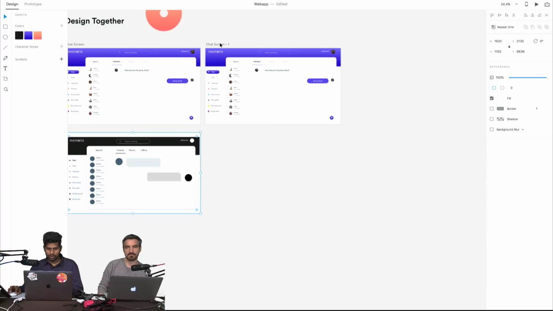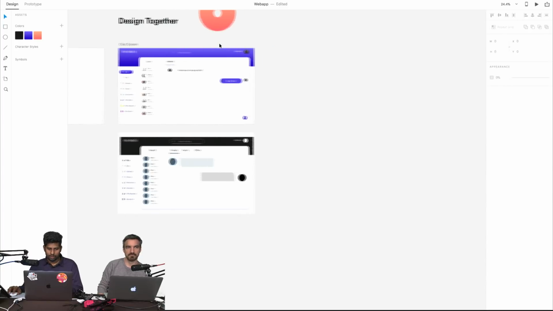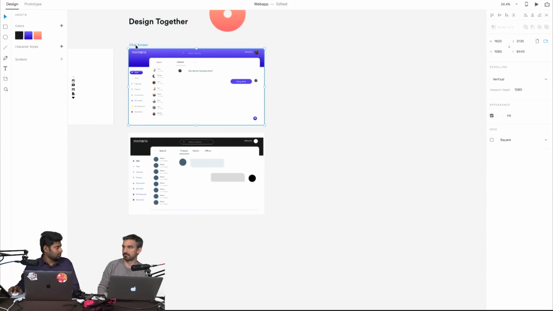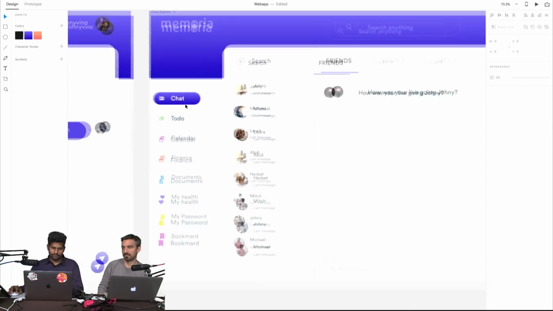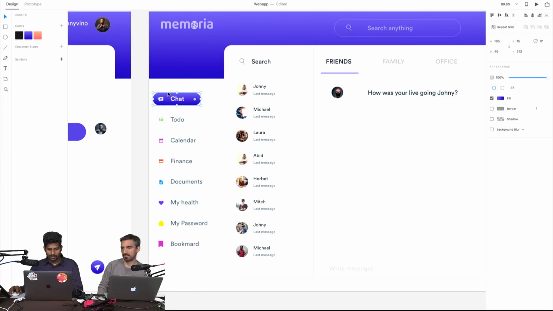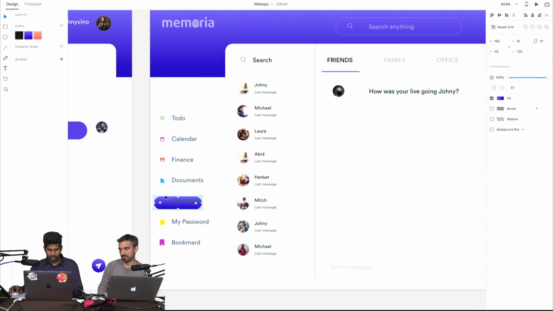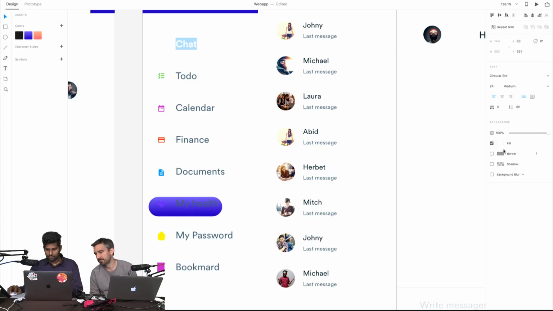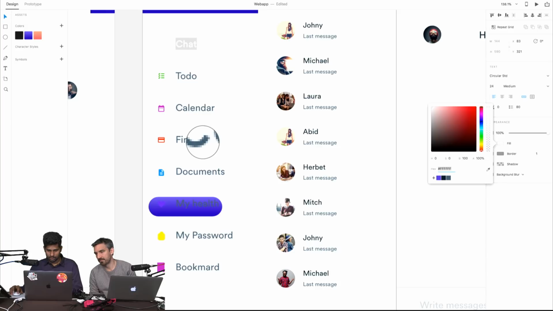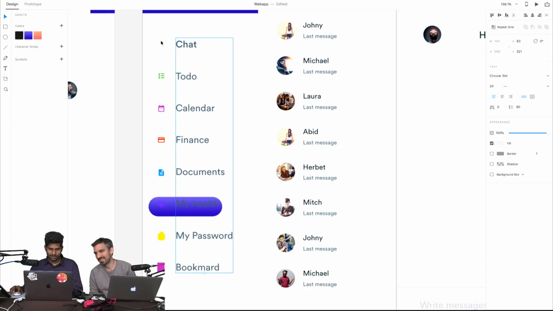Now we'll quickly do the health, then we'll do the interaction. What do you think? Yeah, it's a good idea. I'm going to select the health screen. Go to health. You can do Command Shift. No, that's already in the back. Perfect. I want to make sure the chat is in the same color.